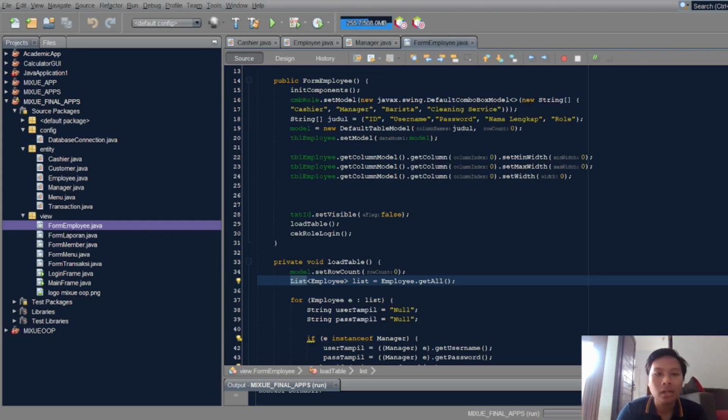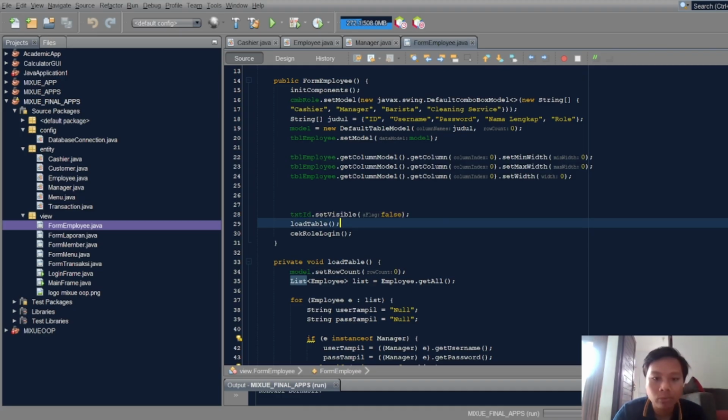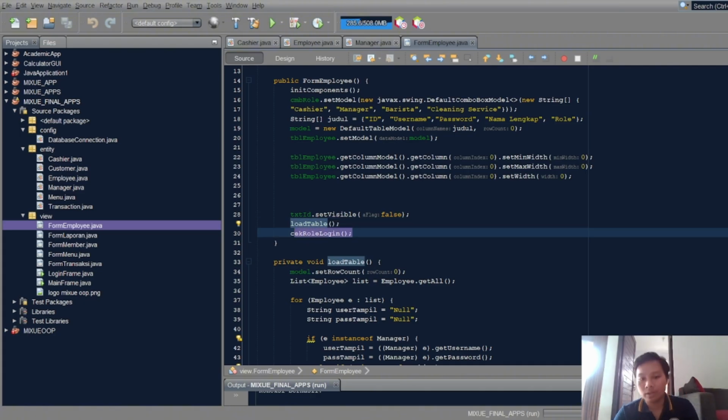As I said before, the ID text field is not visible, so we put set visible to false. And then we declare the load table and check row login behavior.